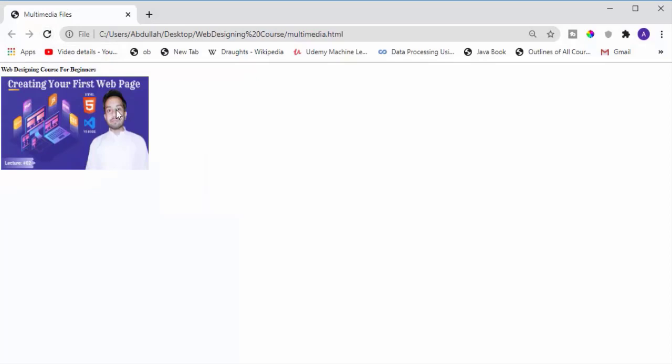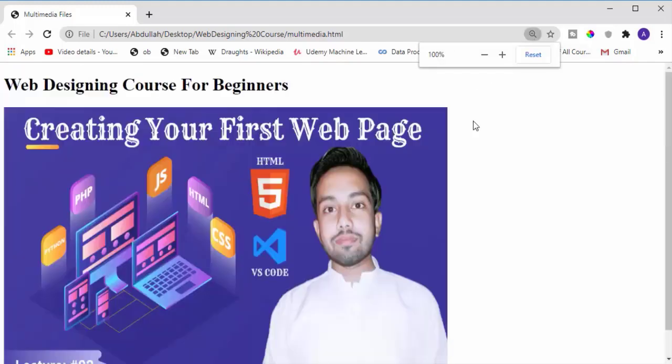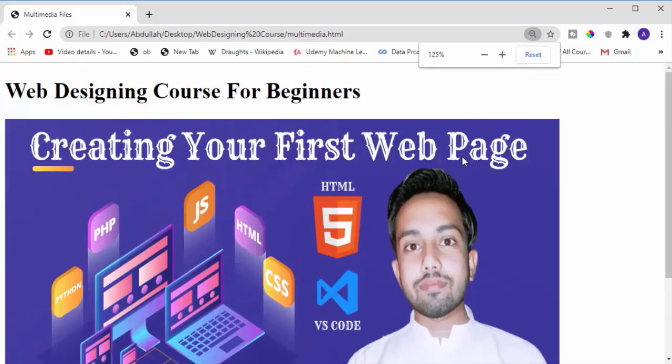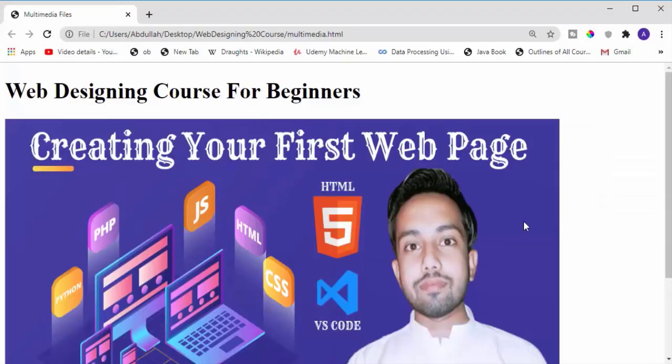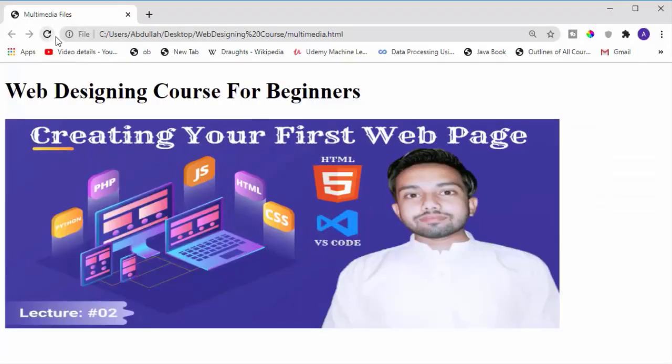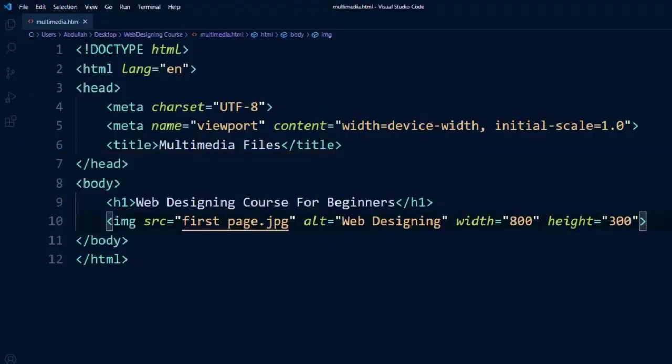You can see that the image is adjusted according to the attributes that we have provided. So I will make this default, and I will zoom it a little bit, and here I will go back and say width is okay at 800, but height should be 300. Now if I refresh this, you can see the image is changed.